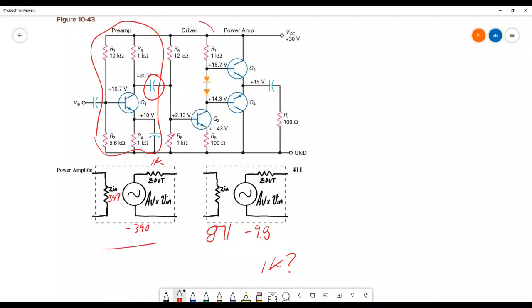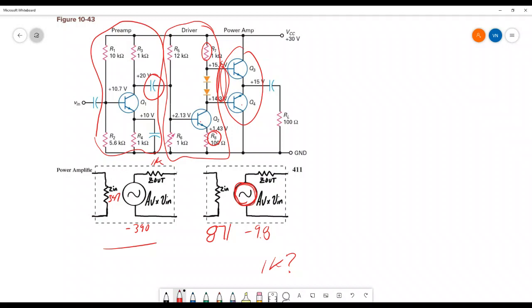The driver itself, what I usually like to do is I like to do this as a 2-port model. But then what I like to do is I like to think of this as a gain of 1. And I just like to basically put that in with this gain here. So I like to put together these two guys here into one amplifier. The gain of this guy was that divided by 100 plus R prime E, so it was out 9.8. But I like to merge these two amplifiers together, and you need to do that because they